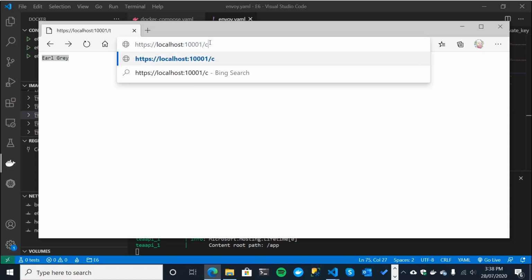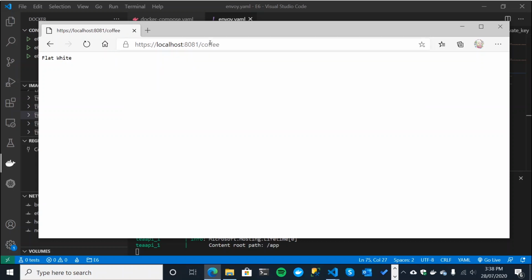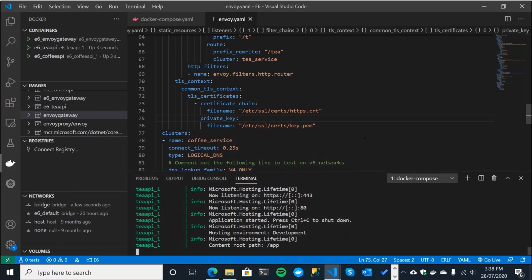When we go to our Coffee API, it doesn't. It still retrieves it, but the URL changes to the actual native HTTPS endpoint for our Coffee API. Why is that? It's because of this HTTPS redirection thing, and it's because when we go into Envoy.yaml,